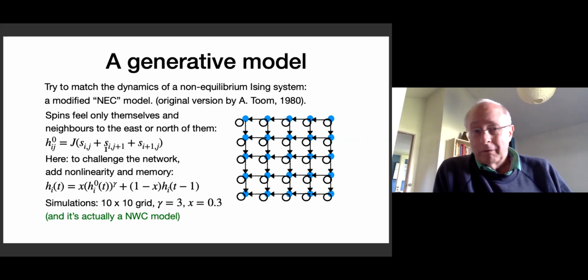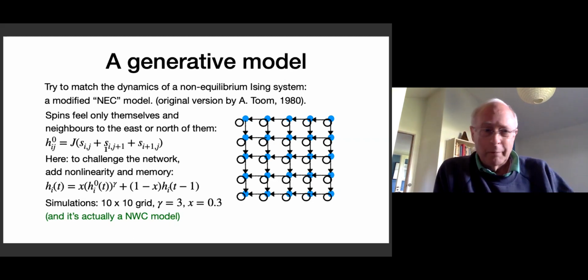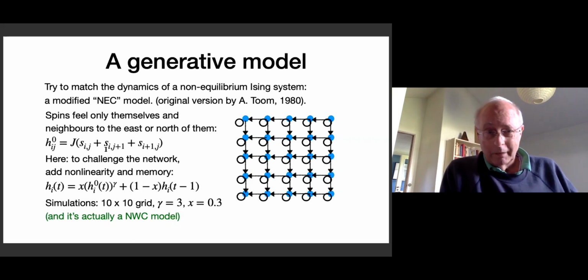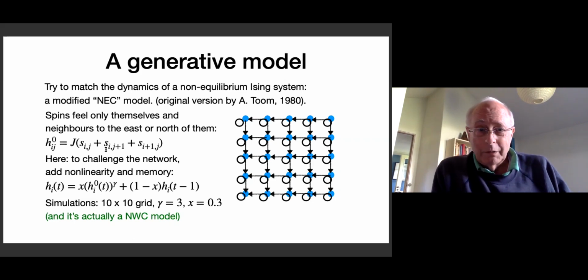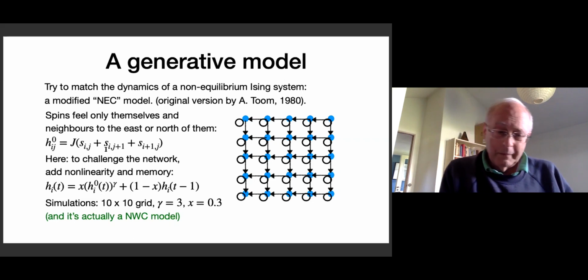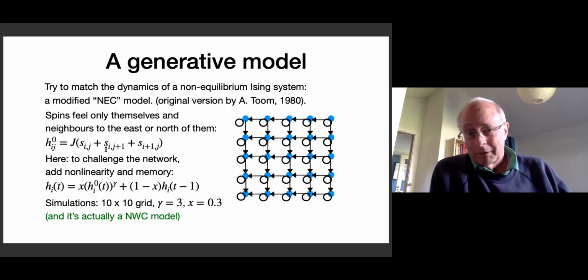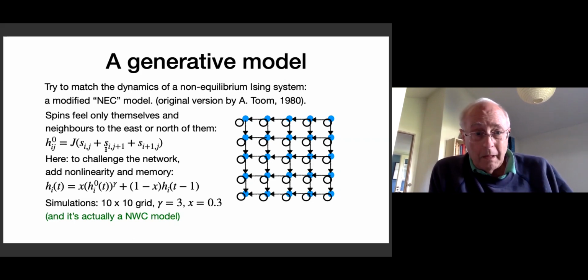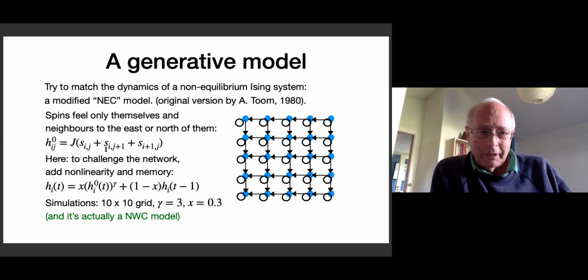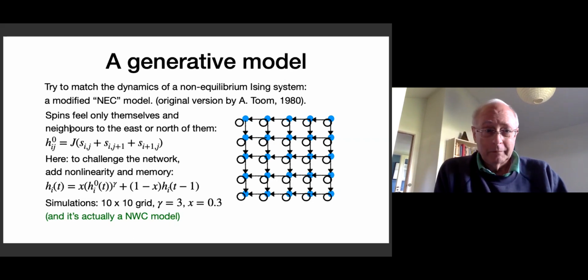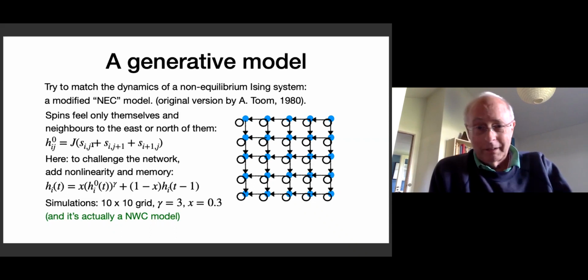In the original version, instead of summing these up and taking the Boltzmann factor, they simply took a majority vote of these things. So in the limit of strong coupling, it would be the same thing. Now this is too easy for our model to try to solve, because we wouldn't even need hidden units to do it, as you see, the couplings are just among these visible units.